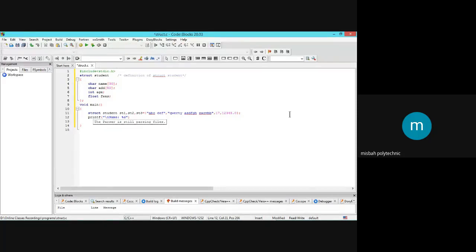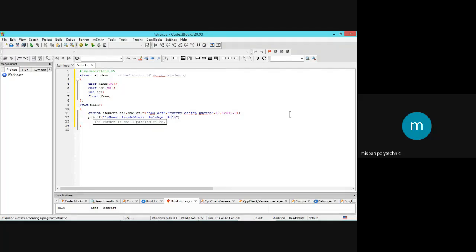Otherwise I can specify it with the help of tab also. So suppose I am specifying a new line, then address equals %s, then again a new line, and then I'm specifying the age of the student, age equals %d,